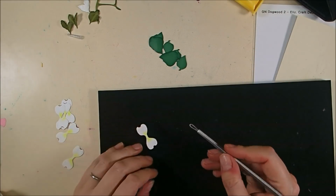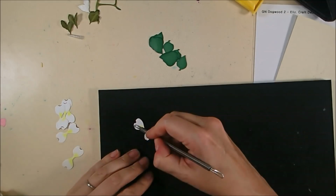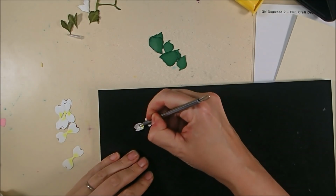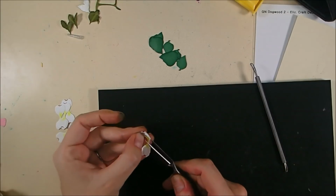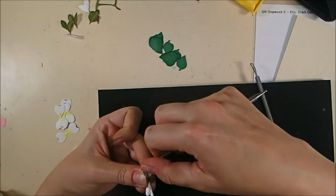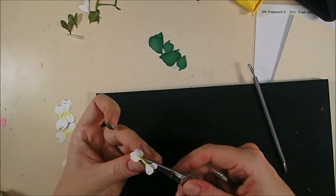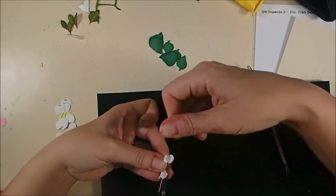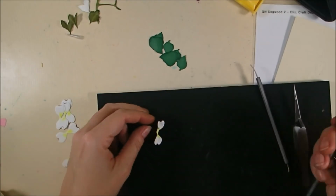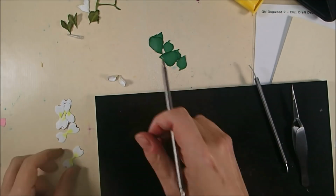And then to shape them, I'm going to take my small loop tool and press from the outside to the inside, wide edge towards the V on each side, and then I'm doing the same thing as the peony petal. So I'm gripping it with the tweezers in the center of the petal, bending it up, and then rolling the outer leaves back over the leaf tool. And then you take the tiny ball stylus, press in the center, and it sort of cups up into a